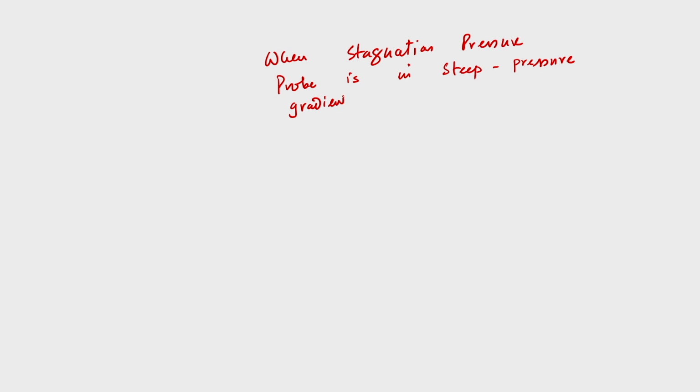So, when a stagnation pressure probe is deep in the flow field, a steep stagnation pressure gradient is present, which is very common. You all know that the typical example is inside the boundary layer. So, inside the boundary layer,